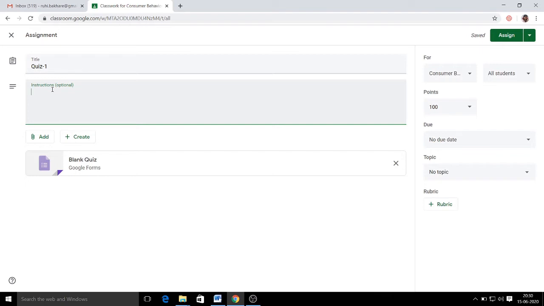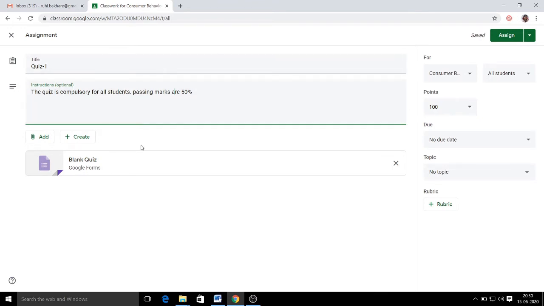For example, I am writing here: the quiz is compulsory for all students. Passing marks are 50%. Alright, so these are the general instructions which I want to give to the students with respect to the quiz.